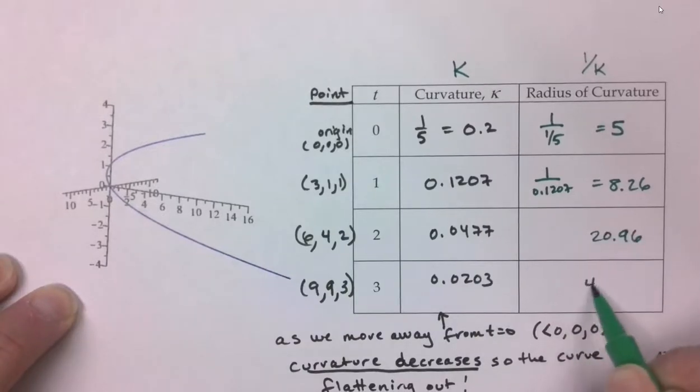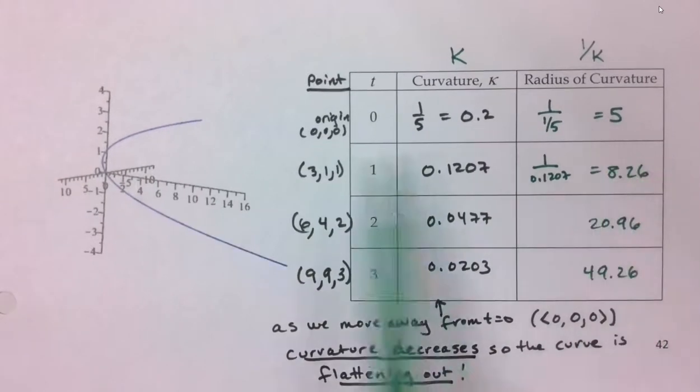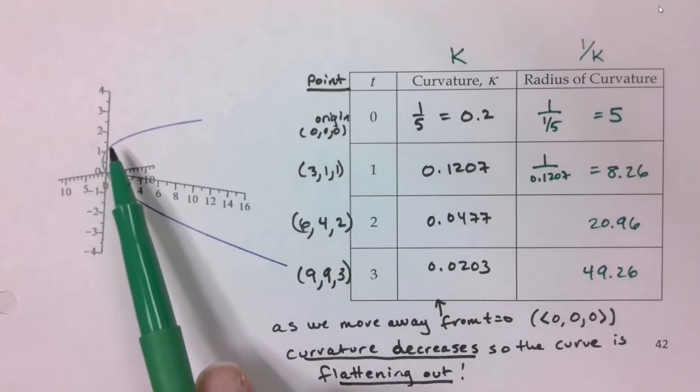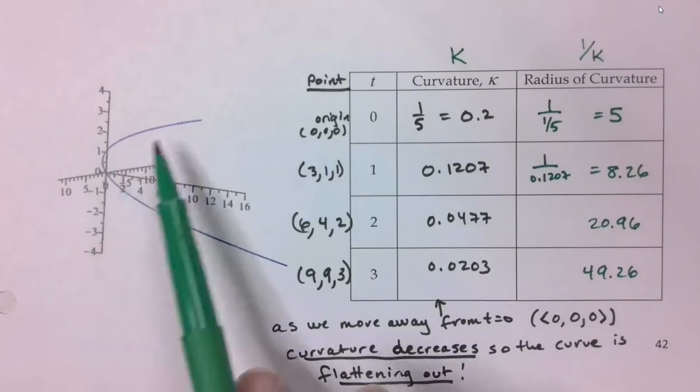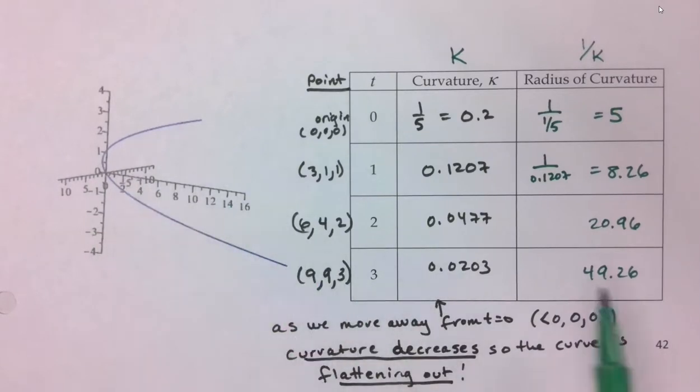20.96, and 49.26. So it's quite flattened out because at the origin, the largest circle I could fit that would be tangent would have a radius of 5. So it's got a pretty tight curve, all things considered. But as I move out towards 9, 9, 3, I could fit a circle of radius 50 practically and just have it touch. That's the largest circle I could fit and have it be tangent, which is quite a large circle. So the curve is losing its curvature as you move away,